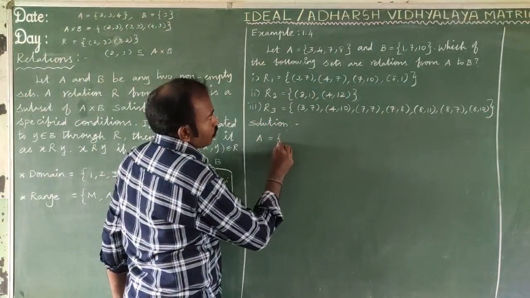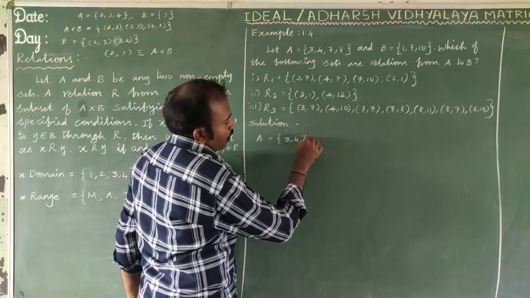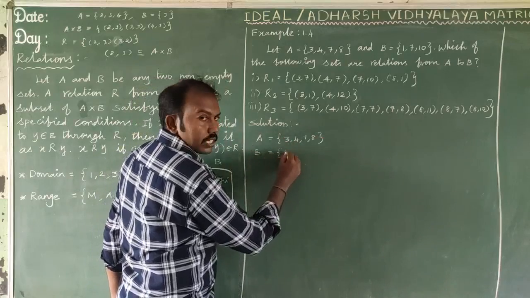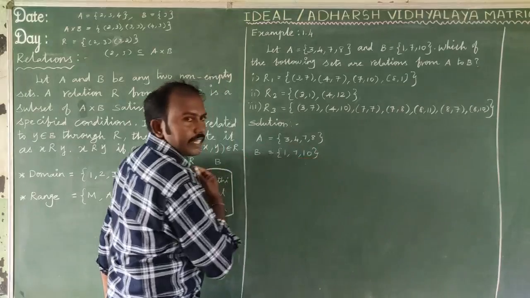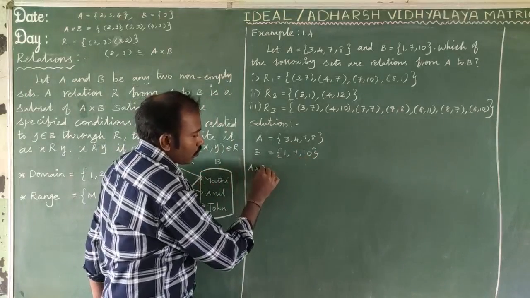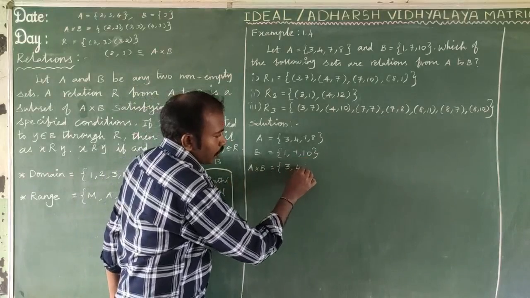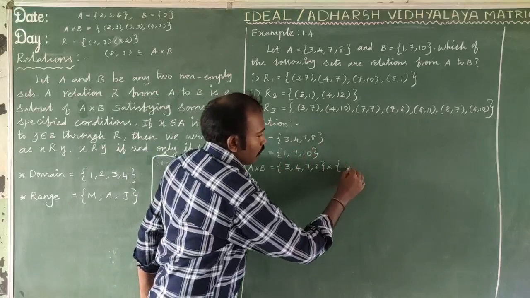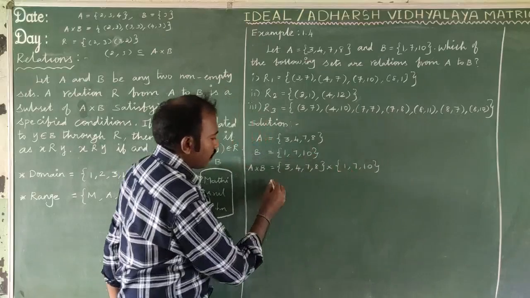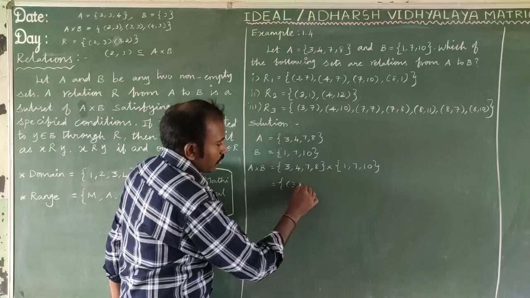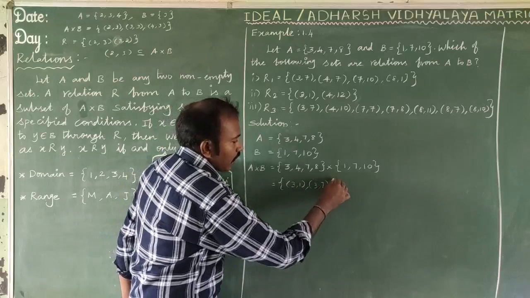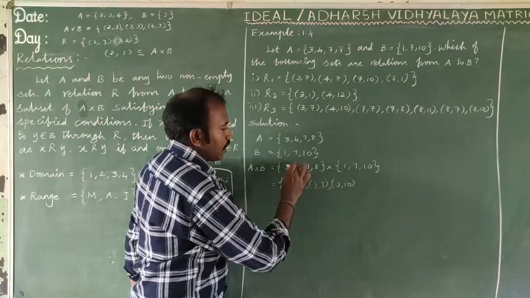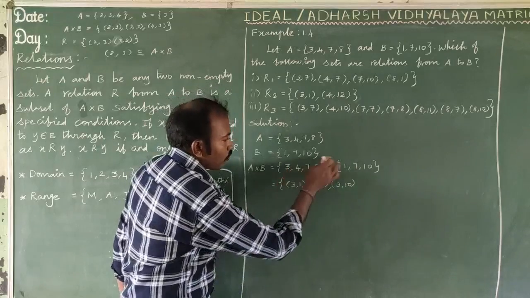Given A = {3, 4, 7, 8} and B = {1, 7, 10}, then A cross B is {3, 4, 7, 8} cross {1, 7, 10}, which is (3,1), (3,7), (3,10), and also (4,1),